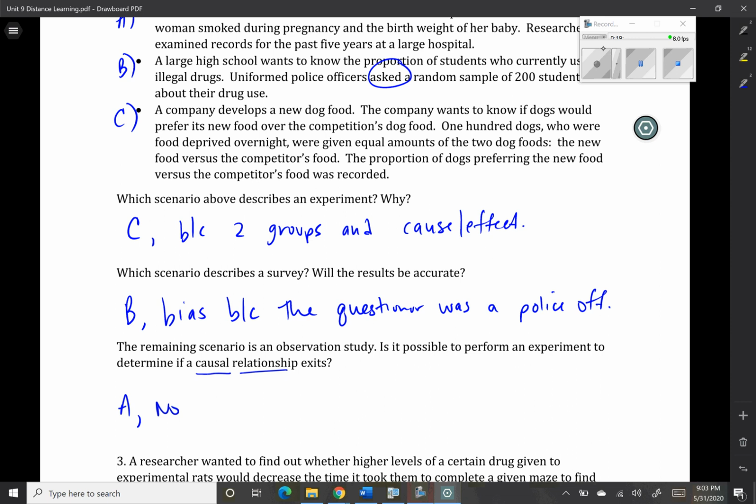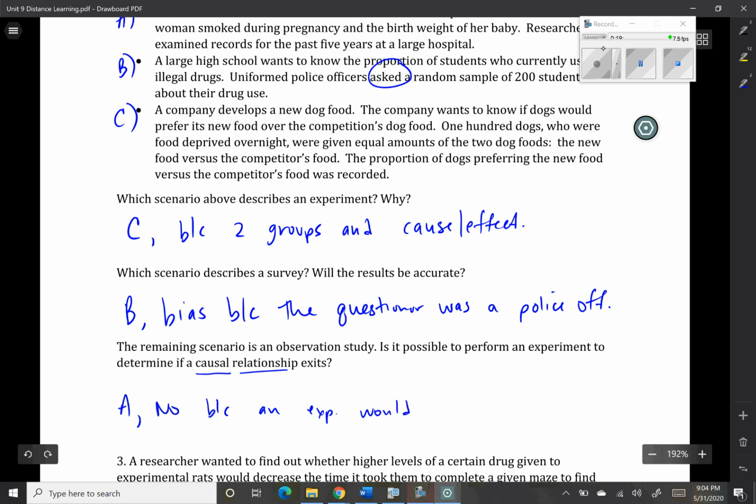How could I change example A into being an experiment? I would have to force women to smoke before they gave birth to their baby. I don't want to do that, right? I don't care if you're a scientist or not. We don't want to force women to do something like that. So we'll say no, because an experiment